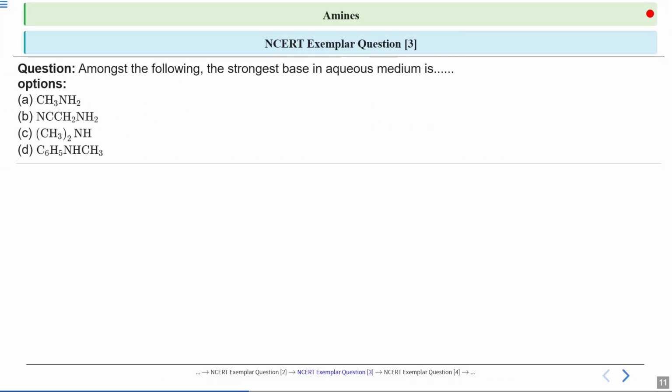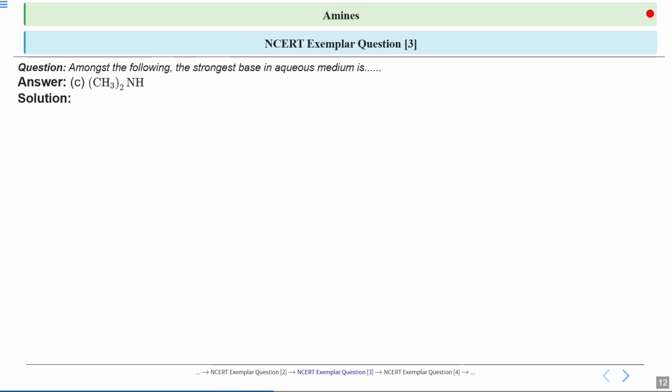Now let us move on to the next question. Amongst the following, the strongest base in aqueous medium is. So you have been given 4 options. You have to tell the strongest base in aqueous medium. So if you will see, the C option is the correct option over here. Okay. So if you'll see, this is a 2-degree amine where nitrogen is bonded to 1 hydrogen and 2 alkyl